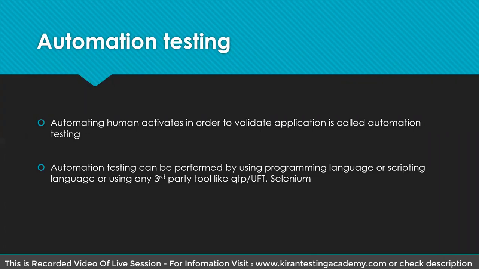So first of all, what is automation testing? Anyways, we have discussed this in the introduction of manual testing, but still, whenever any activity is automated, that is called automation generally. If you take any example, any activity which is done by a human, if it is done by some external source or force, that is called automation, right? As an example, if you have a car manufacturing unit, earlier we used to have a lot of employees. Right now, robots are doing it. So it is automation, right?